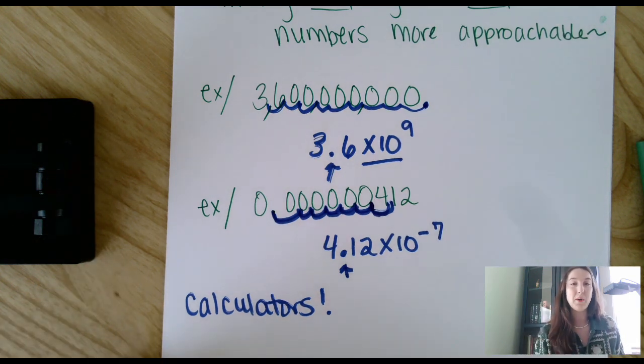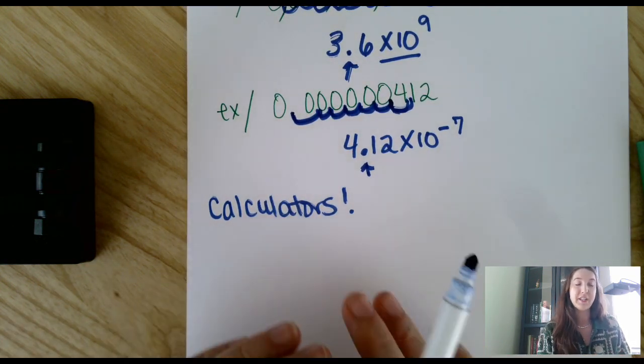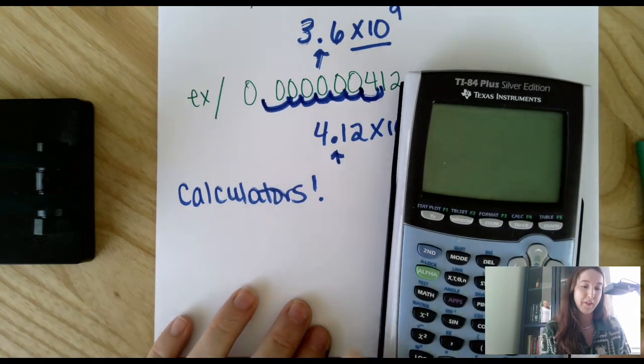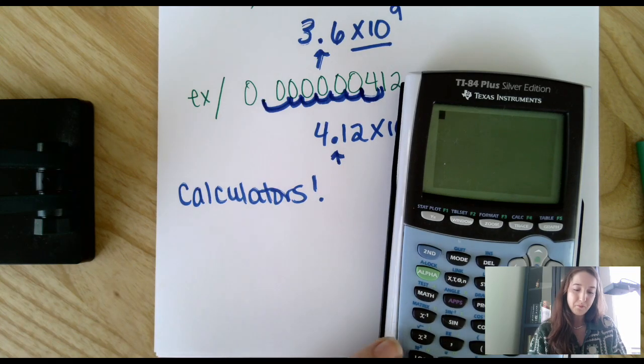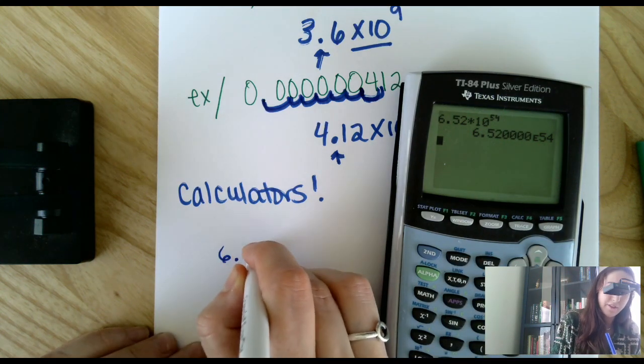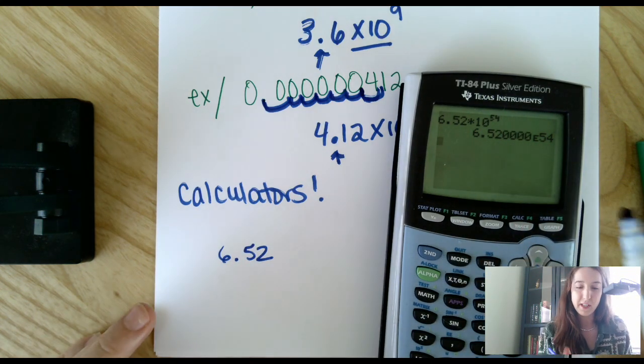One other thing that I want to mention, because you will be using graphing calculators or a calculator of some sort, is that you will be getting an answer in the calculator that has an exponent. Let's look at the format for that. Let's say that I put in 6.52 times 10 to the 54th power. What do you notice here? It tells me 6.52, the zeros, which are irrelevant for right now,